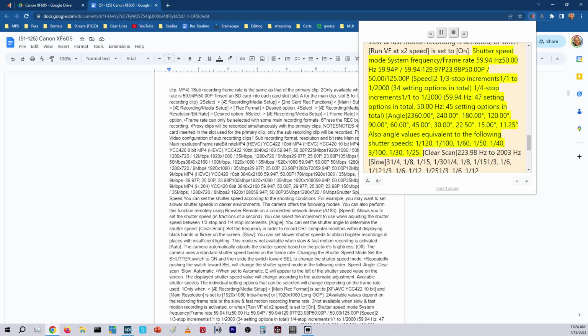59.94p/59.94i, 29.97p, 23.98p, 50.00p/50.00i, 25.00p. Speed: 1/3 stop increments, 1/1 to 1/2000, 34 setting options in total. 1/4 stop increments, 1/1 to 1/2000, 59.94 Hz, 47 setting options in total, 50.00 Hz, 45 setting options in total. Angle: